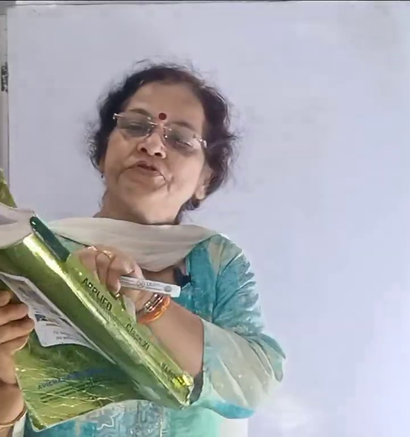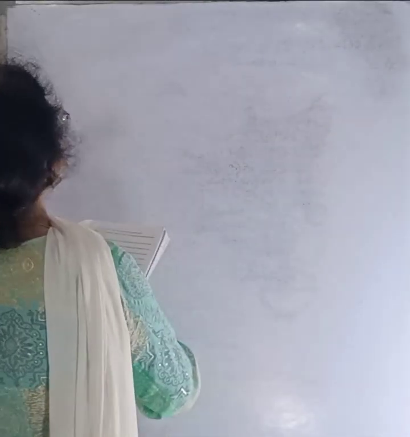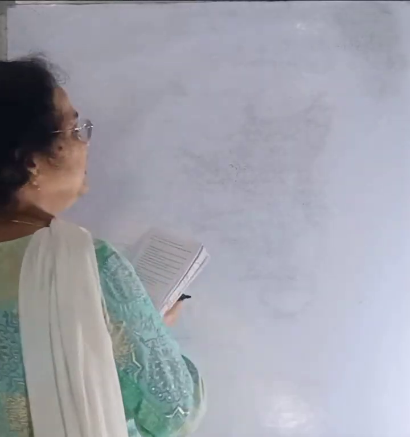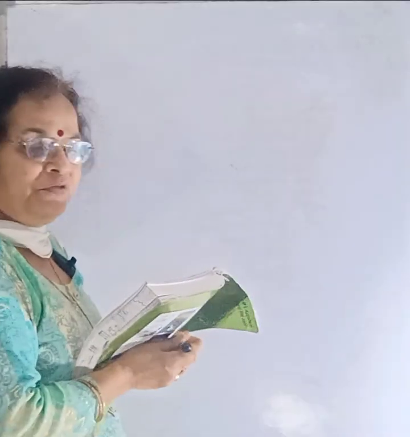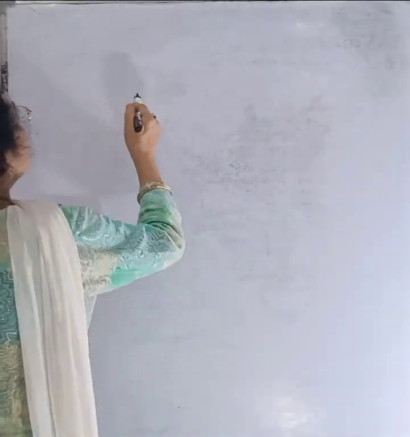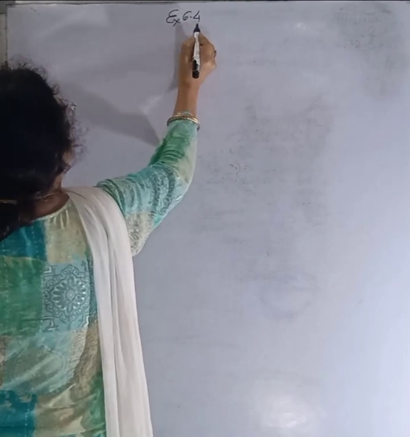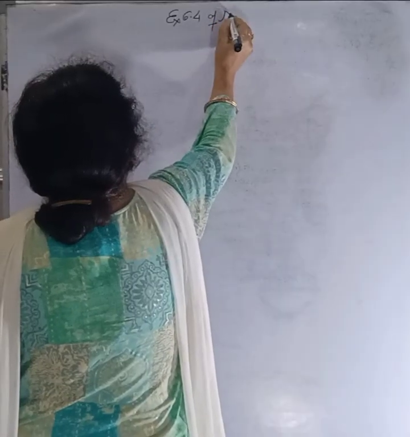I am here with this book. This is the book of Mr. M.L. Agarwal for class 11 CBSE board with code number 241. We were dealing with exercise 6.4, question number 18 up to 7th. All the questions have already been done by me in my previous videos. You can see there. This is exercise number 6.4 of the book M.L. Agarwal.